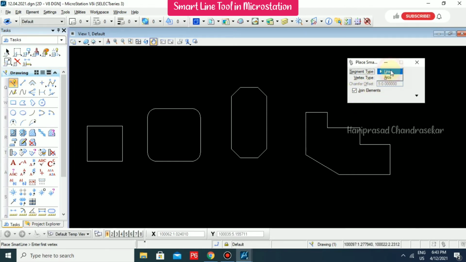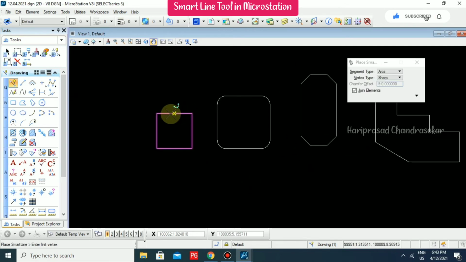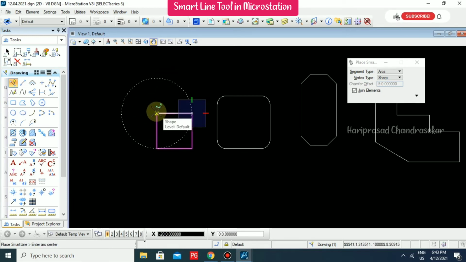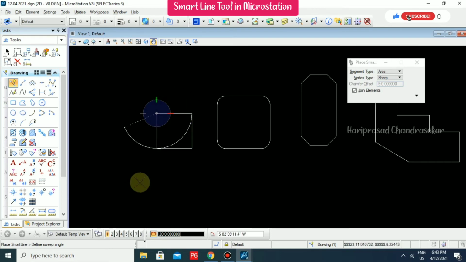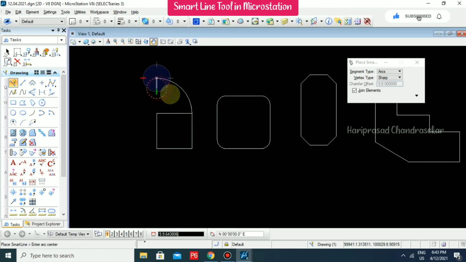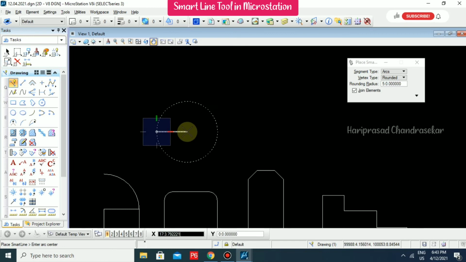So we will try with the arc also. So arc I have sharp. For example, I just want an arc somewhere here. Like this I'm just drawing one arc. And we also have the rounded option, so that we need to try somewhere.